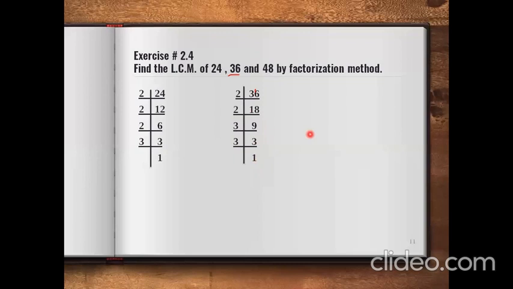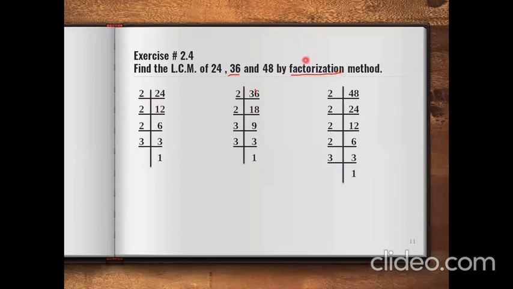Okay. Now the next is 48. So you are going to find the factors of 48. Simply you will write 2 into 2 is 4 and 2 into 4 is 8. Then 2 into 1 is 2 and 2 into 2 is 4. Then 2 into 6 is 12, 2 into 3 is 6, and 3 into 1 is 3. So this is the way to find the factors. You are using the factorization method here, so you will find the factors of the given numbers individually.